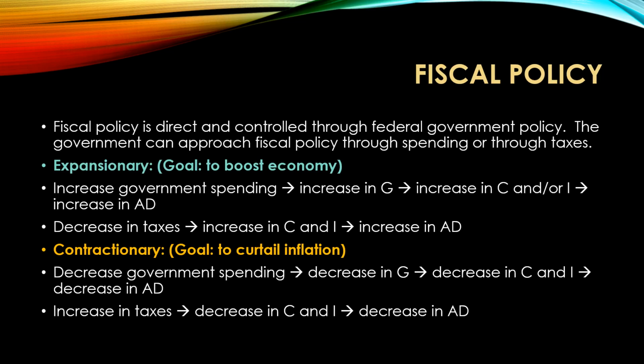Contractionary policy, the goal there is to cut inflation. So when we talk about aggregate supply, we'll see a time in which contractionary policy might be useful. Typically, it comes at a time when we are at a level of full employment or beyond full employment. So typically at those points, there's upward pressure on prices and wages, and there isn't a lot of economic growth happening because we're already at capacity. So the policymakers do a trade-off and decide, you know what, the economy is not really going to grow much anyways, so we would rather control for prices right now with the same kind of range of economic activity, rather than let prices get out of control, which can trigger stagflation or